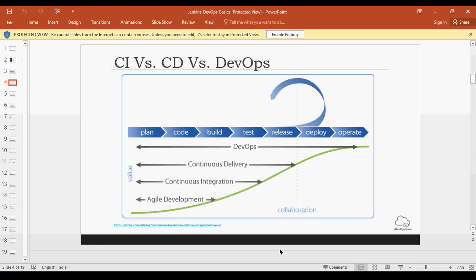It includes your continuous integration, continuous delivery along with agile development, and it also covers the factors of continuous deployment and continuous operation. Basically, how do you monitor your applications once they have been deployed, okay? And all other operational factors are also taken care of. So this whole process is called DevOps.